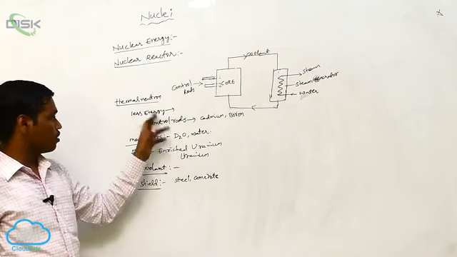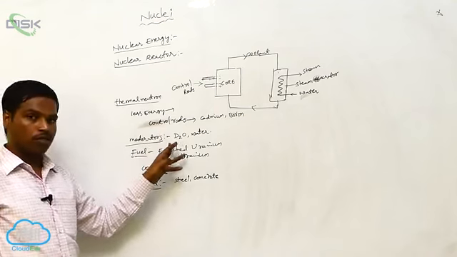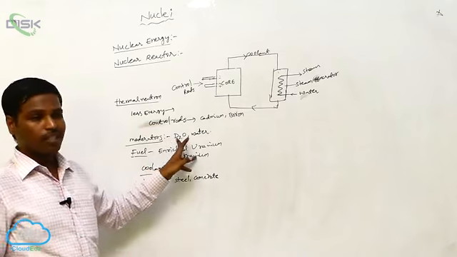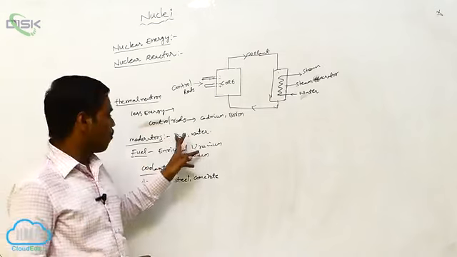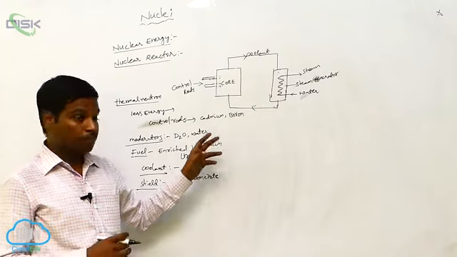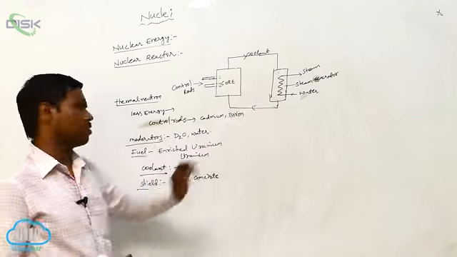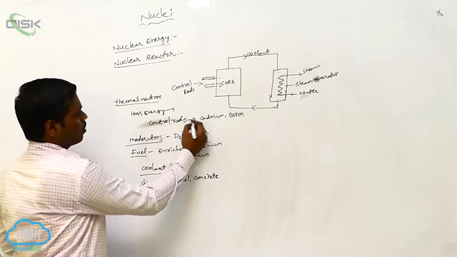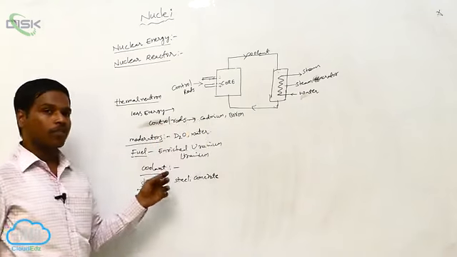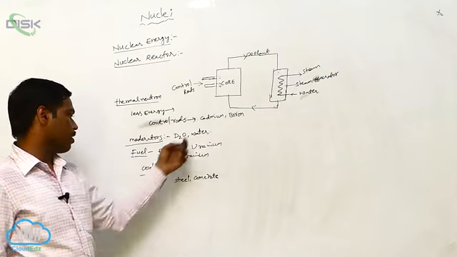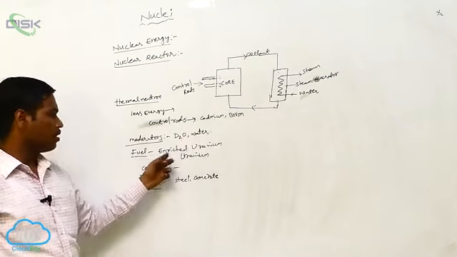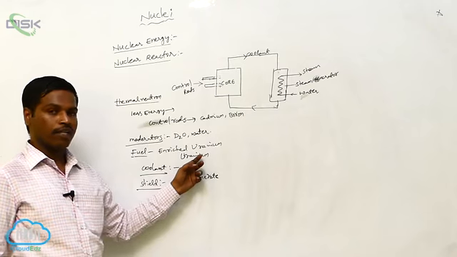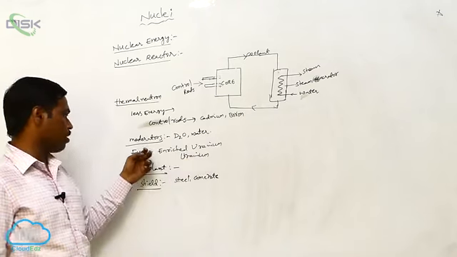These thermal neutrons slow down, then these thermal neutrons participate in this nuclear reaction, and the control rods control the number of neutrons released in the reaction, and the fuel is enriched uranium or uranium we will use for the fuel for this